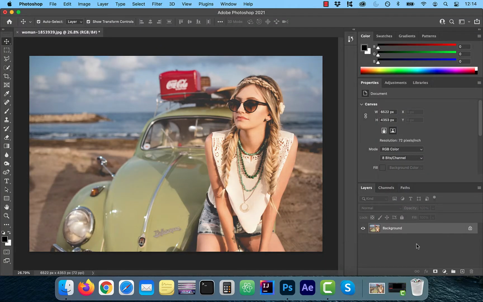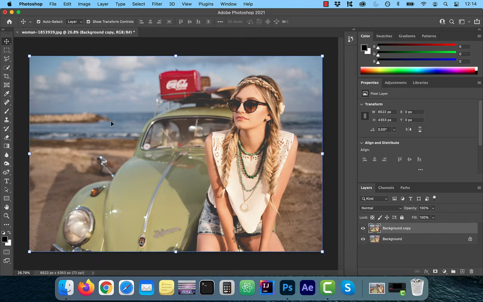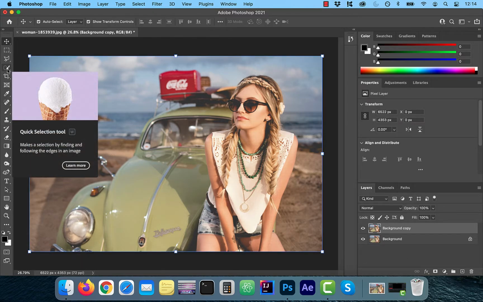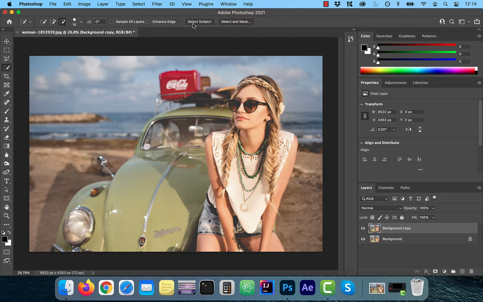Once you have your image pulled up, the first thing I want you to do is to duplicate the layer. Next, I'm going to click on the quick selection tool and then hit select subject. Now I'm going to use the plus minus brushes to clean up the selection and then click on add layer